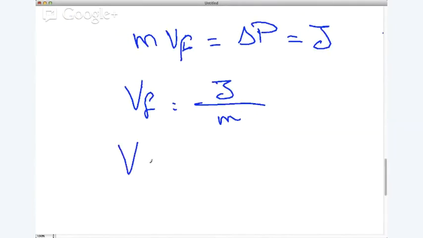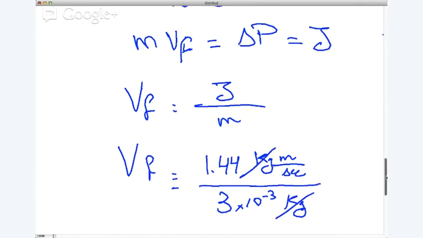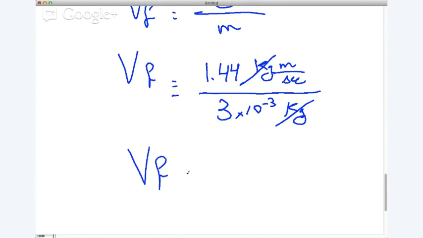Already calculated the impulse to be 1.44 kilograms meters per second divided by the mass, 3 grams. To convert it to kilograms, we multiply it by 10 to the minus 3 kilograms. You can see that the kilograms cross out, and v final turns out to be